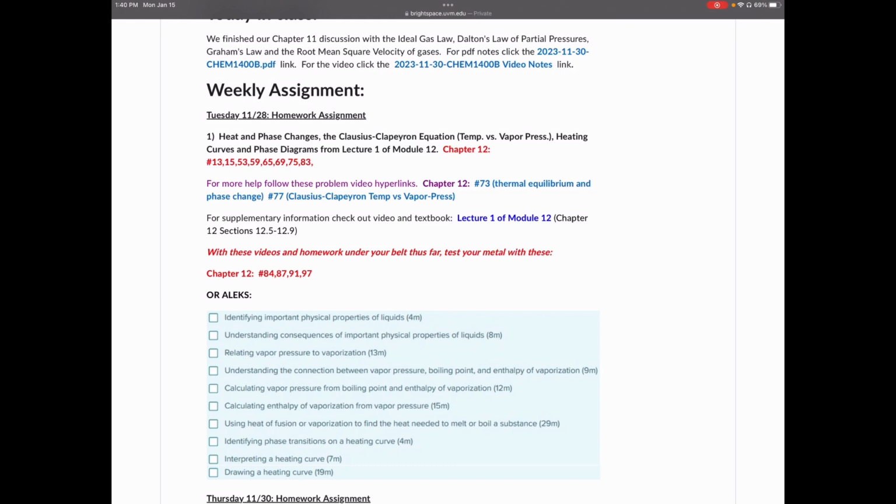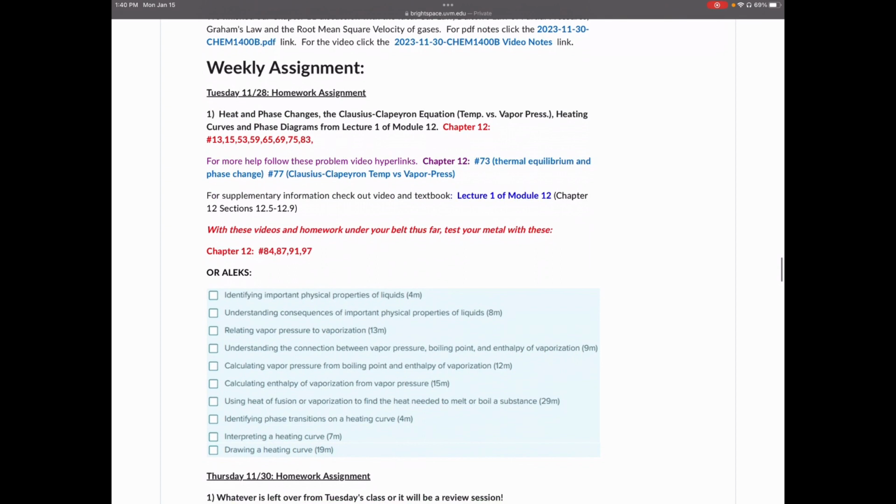Here at the top is a Tuesday assignment, talking about the lecture and the homework problems, which we see in red there. That's the most important thing that we need to worry about. If we need extra help with those types of homework assignments, I do have a lot of video hyperlinks, which we see in that purple/blue area, for chapter 12.